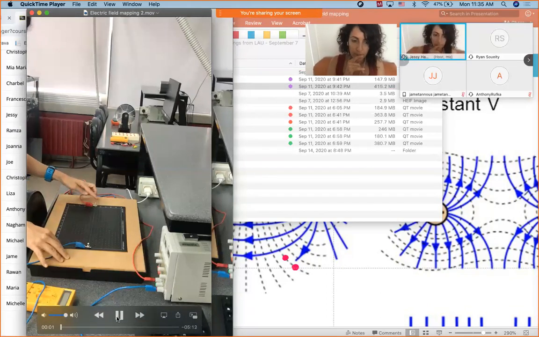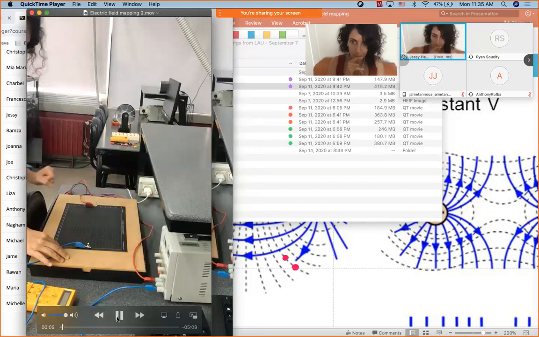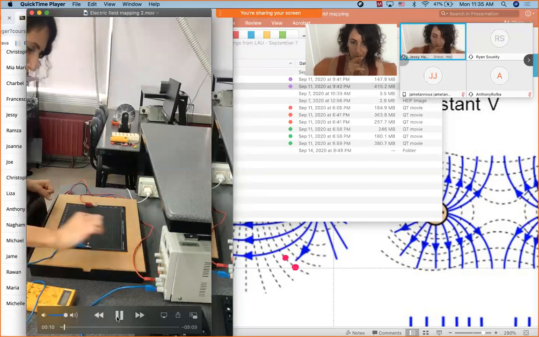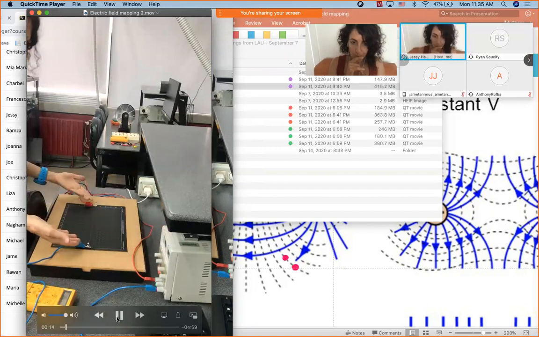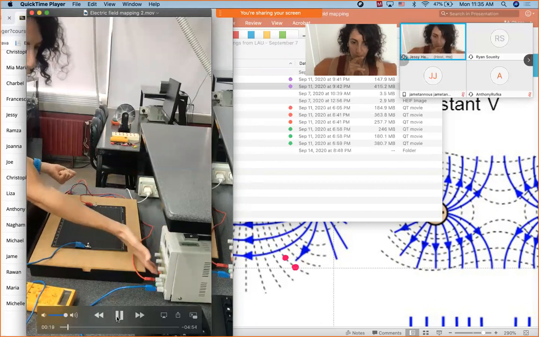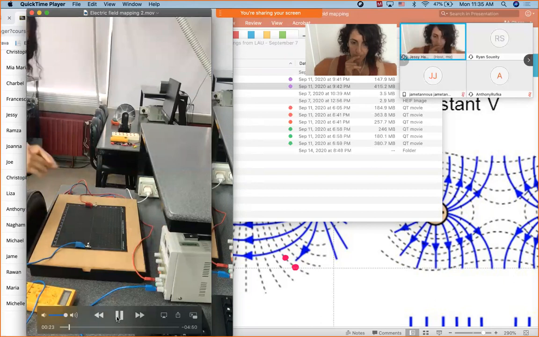One pin is connected to the red banana wire that goes into the minus terminal, and one pin is connected to the blue banana wire that goes into the positive terminal. The power supply is off, so there's no potential difference between these two points. But when I put the power supply on and I see 20 volts displayed on the screen, I would know that I just created 2 point-like charges. The potential difference between these 2 point charges is 20.